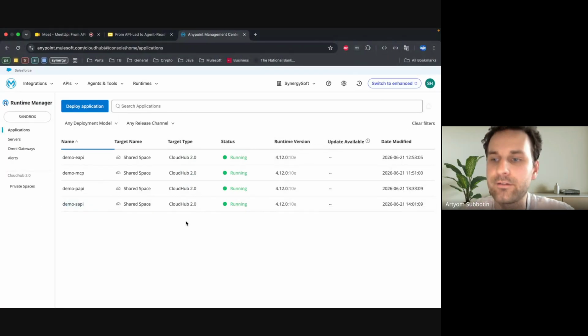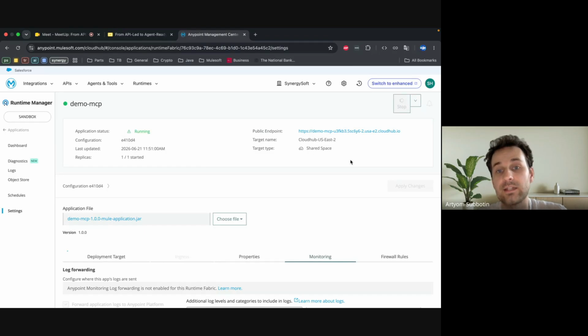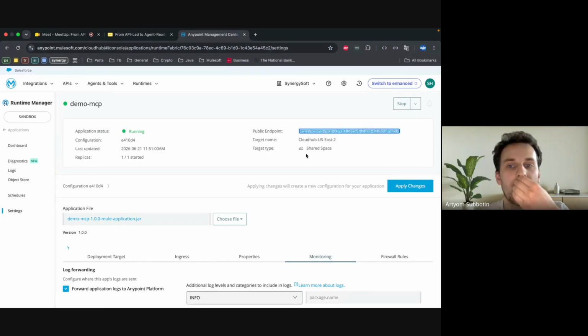And now I see we have not so much time. Let's try to cover the demo part. So for the MCP connector, there are two possible ways to establish the connection between the agent and, in our case, the backend system. The first one is to use a direct connection from our agent to the MCP API. So each MCP API will run under a dedicated public endpoint. What I am doing, I'm just copying this public endpoint, and going to our Claude.